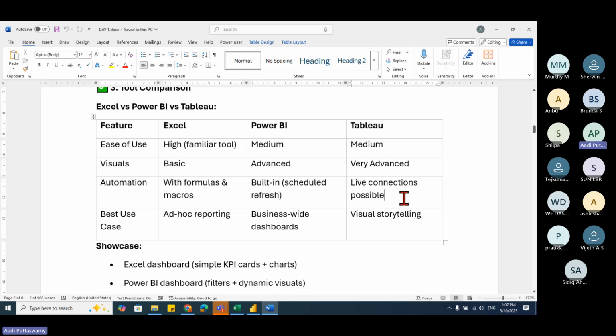Okay, next, live connections possible. Means there is an option here where I can connect live. In Power BI, though we connect live, it will not get refreshed automatically. So we need to have gateways. But in Tableau, it's not like that. There are options which will automatically give me the latest live connections. Okay. So if you see, each and every tool will have its own